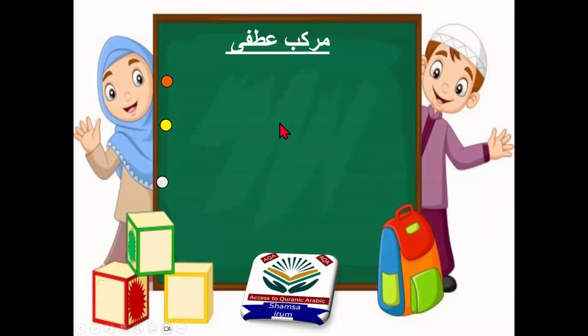In this slide we will learn the rules of the Murakkab Atfi. For understanding the Murakkab Atfi, we need 3 points. Okay, one by one I will cover these 3 points. The first point for the Murakkab Atfi, the conjunctive phrase, is that this phrase has 3 parts. This is different. It means it is different from the other phrases, because the Murakkab Izafi, Ishari, Tawsifi, Jari, all have two parts, but only the Murakkab Atfi has 3 parts. Okay, so I will explain the 3 parts in these boxes.